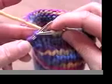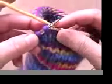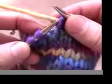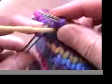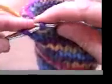We're doing short rows. This is not a short row heel. This is a heel turn which requires short rows. Okay, the first thing you do is you bring the yarn from where it is to the other side. For knitting, we're in the back, so we move it to the front. Now I want you to slip this knit stitch knitwise. In other words, go into it as if you were knitting it. Slip it onto the right needle, move the yarn back to where it was, and slide that slip stitch back